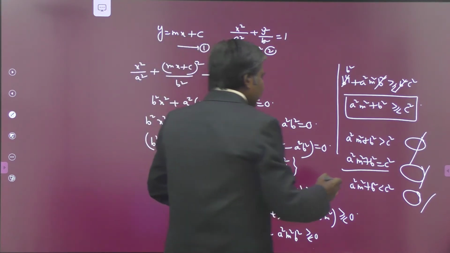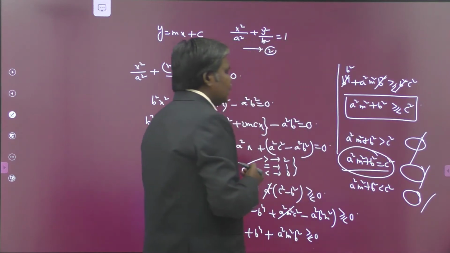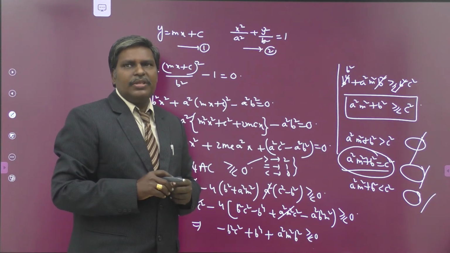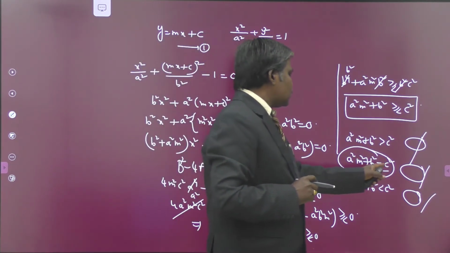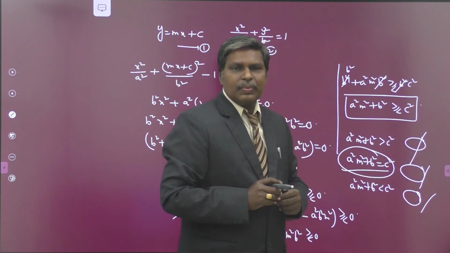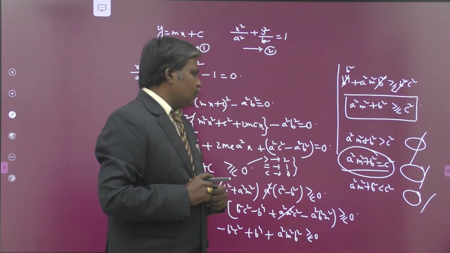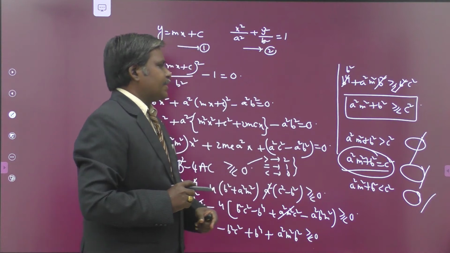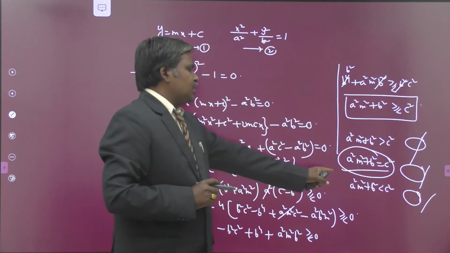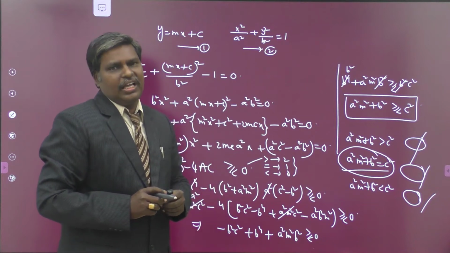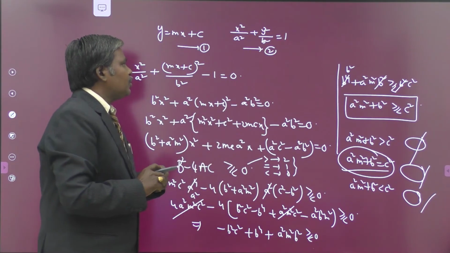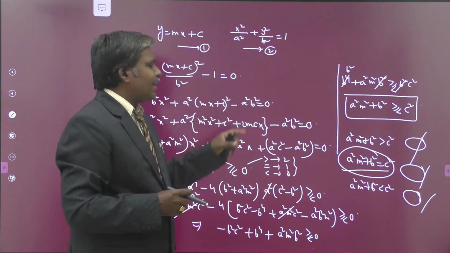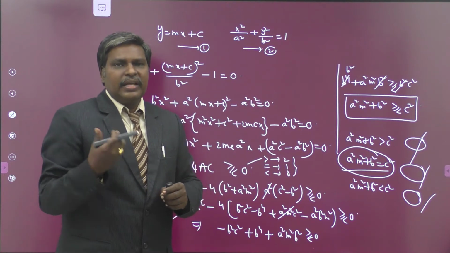So what is the tangent condition, my dears? The line y equal to mx plus c is tangent to the ellipse x square by a square plus y square by b square equal to 1 when c square is equal to a square m square plus b square. This is the condition for the tangent. Greater than is the condition for your line intersecting the ellipse at two real and distinct points. Less than is for your line completely outside your ellipse. So this is the story about the position of the line with respect to your ellipse. From that you can write the general equation of the ellipse and extend the concept.